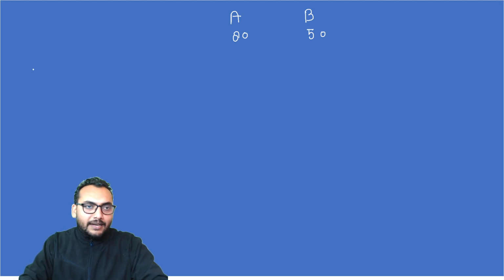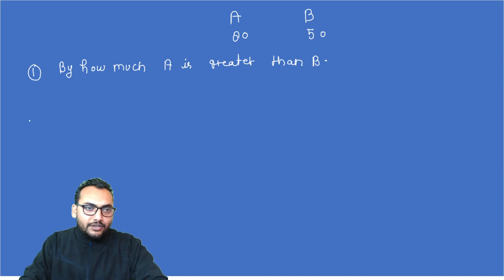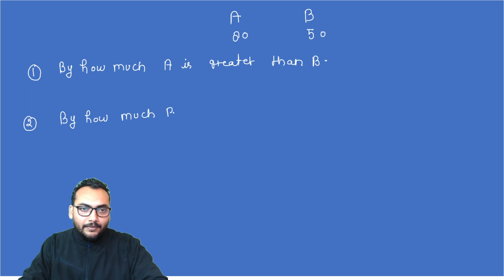The first question that is coming in my mind is that by how much A is greater than B. The second question that is coming in my mind is by how much B is smaller than A. And the third question that is coming in my mind is